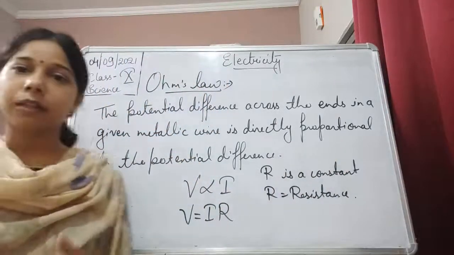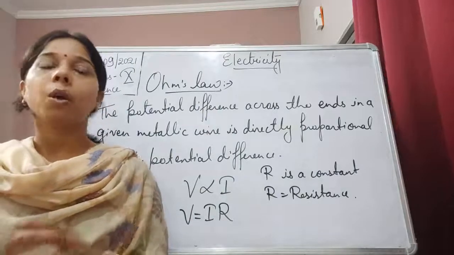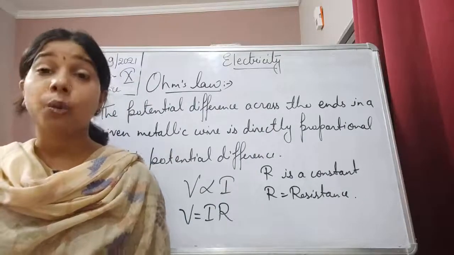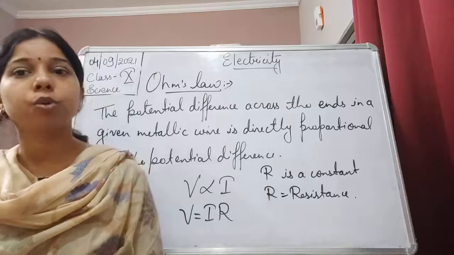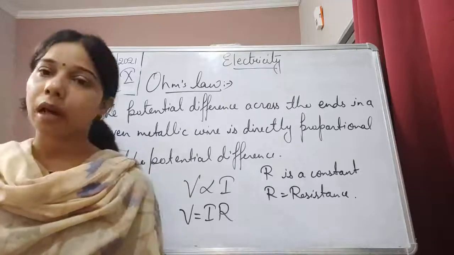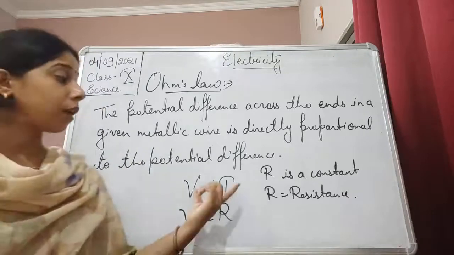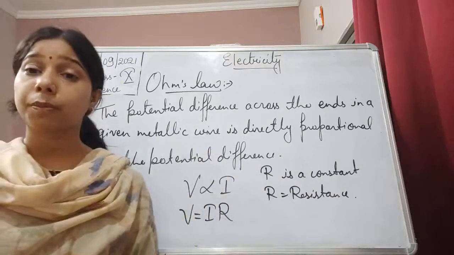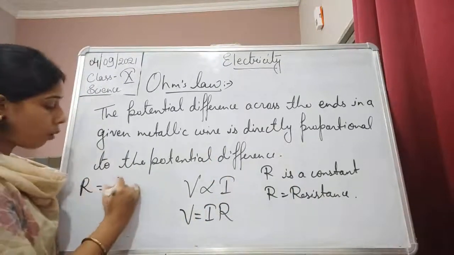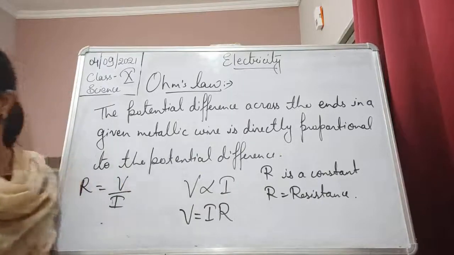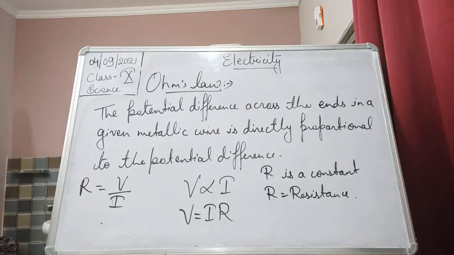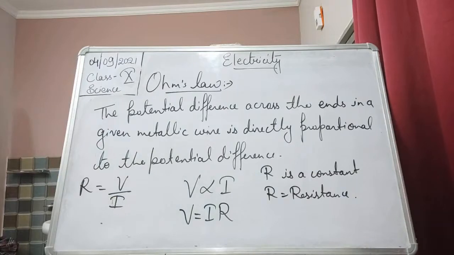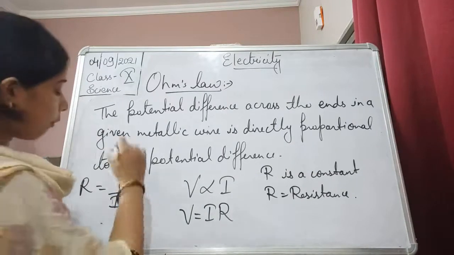Resistance is what? Basically, the name itself says resistance. What happens when the current starts flowing through the conductor? There are a lot of atoms present in it, which hinder the path of the electric current, due to which the speed slows down, and that we call resistance. So in Ohm's law, if the potential difference increases, the current will also increase, and the resistance will also be produced with it. It means resistance is equal to the potential difference upon current. It is a property of the conductor to resist the flow of charges, and it can be shown by the potential difference upon the electric current.